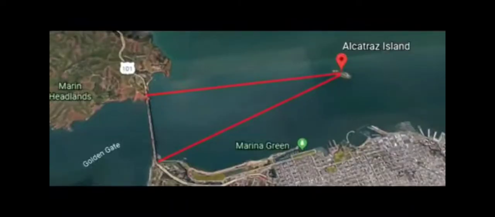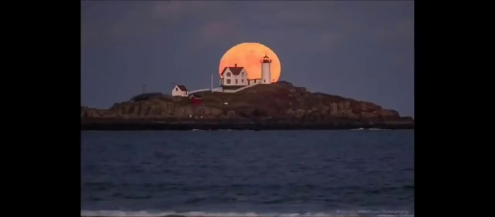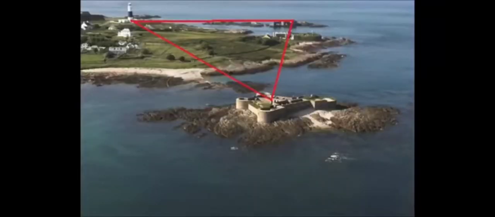Another thing to point out is the location of this lighthouse on Alcatraz with respect to the Golden Gate Bridge and the two lighthouses on either end of the bridge. There appears to be a triangulated relationship between the lighthouse on Alcatraz, the Fort Point light on the Presidio side of the Golden Gate Bridge, and the Lime Point light on the other side of the bridge. There is a whole series of lighthouses running throughout the San Francisco Bay. I also consistently find lighthouses with astronomical alignments, like these examples. On the Isle of Alderney, one of the Channel Islands off the coast of France,